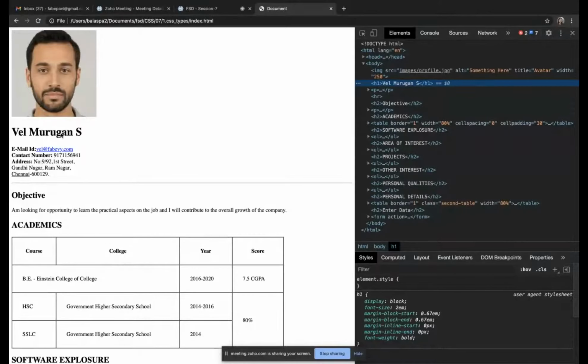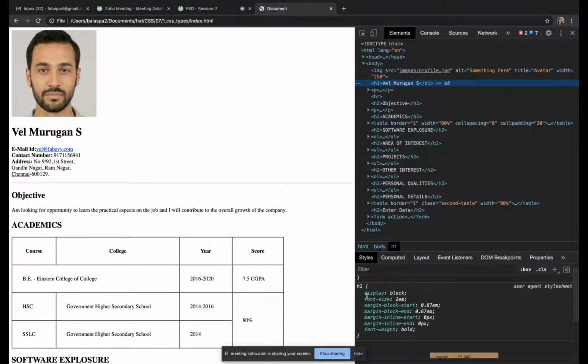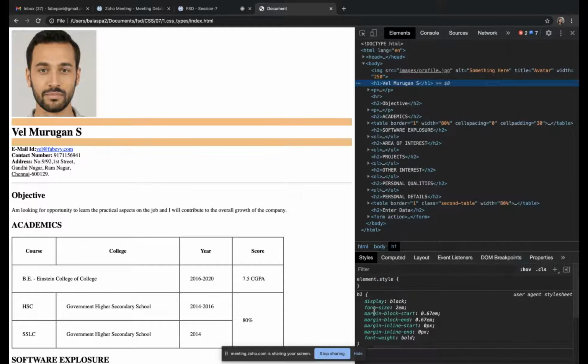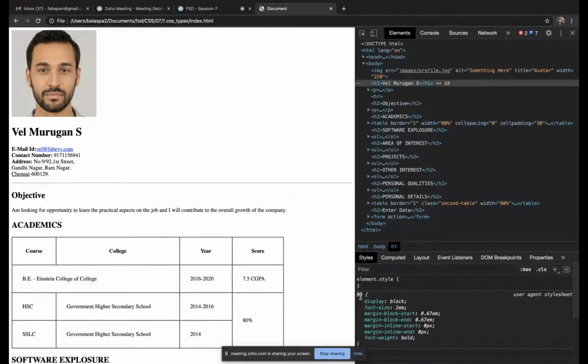Then how come there is a space between these two things, and it has applied the color black? How did it come? The browser itself applies some common stylings to each tag. For the H1 tag, it applies display block and then font size and some extra things we haven't read. But the thing is, it has applied some styles. So user agents, here I'm saying browser, we can say user agent, will apply some styles.